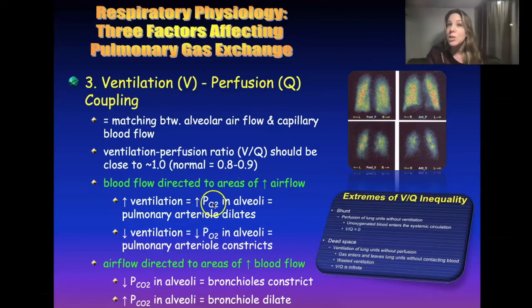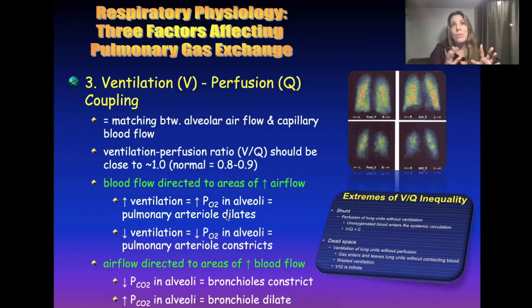So we're having high pressure of oxygen in the alveoli. Well, that is going to have an effect on these pulmonary arterioles, these pulmonary capillaries. In fact, what's going to happen is those pulmonary arterioles are going to dilate. They're going to open up, and that allows for greater gas exchange to get the oxygen from the alveoli across the respiratory membrane and into those pulmonary capillaries and